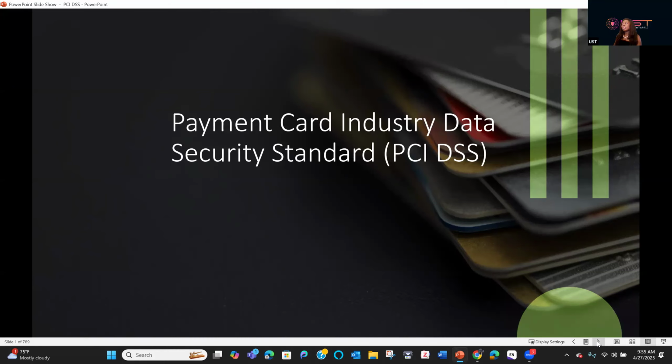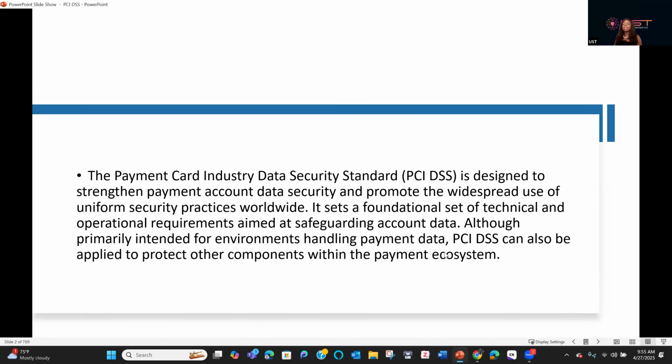And the next slide, so it is called the Payment Card Industry Data Security Standard, but for the acronym, I'm just going to call it PCI DSS throughout the rest of this training. It says PCI DSS is designed to strengthen payment account data security and promote the widespread use of uniform security practices worldwide. It's a foundational set of technical and operational requirements. Do you see? Technical and operational requirements